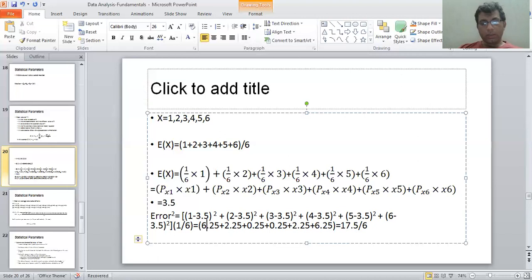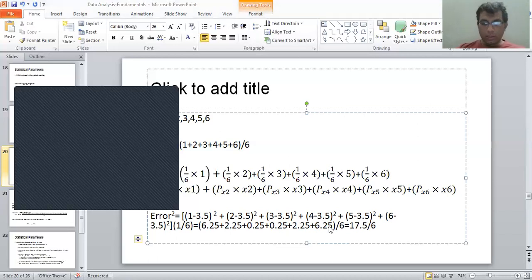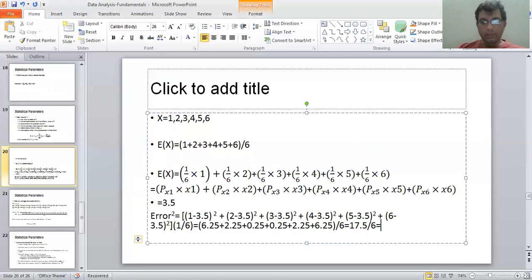And I can do it in this way because 1 upon 6 would appear as a common factor for every value, so we can do it in this way. So 17.5 divided by 6 gives 2.91. So this normalizing factor has played its role, 2.91. This thing that we have just calculated is basically called the error square, and the error square term in